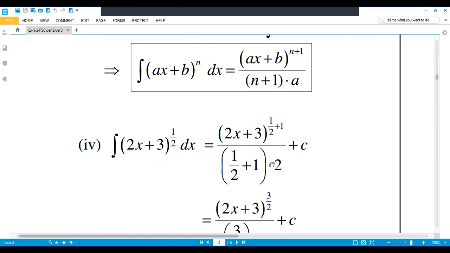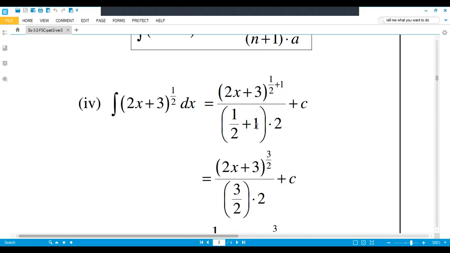Look at this question. From this question you can easily understand. Here you have 2x plus 3 power 1 over 2. When you take integration, power plus 1 will be added, the same power will divide, and then without the power you take its derivative. Remember, in integration, if you have such a type of value, you take the derivative without the power. So the derivative of 2x is 2 and the derivative of 3 is 0. So this 2 will not come in multiplication. In derivation it will come in multiplication, but in integration it will come in the division.